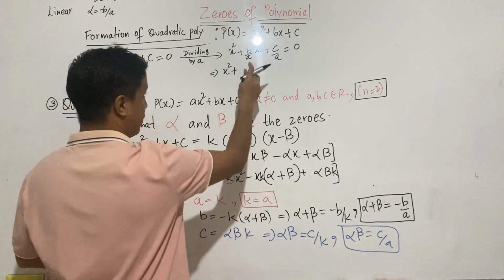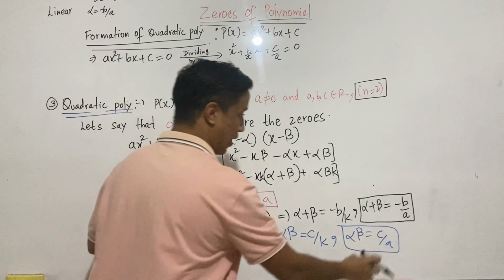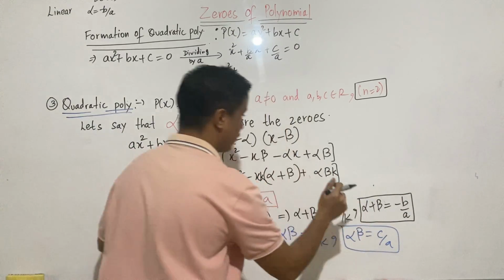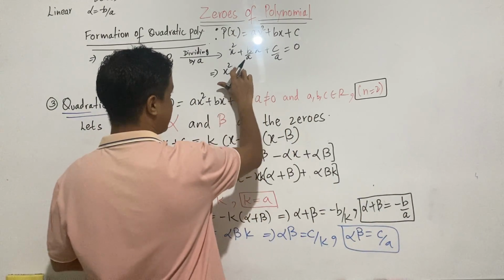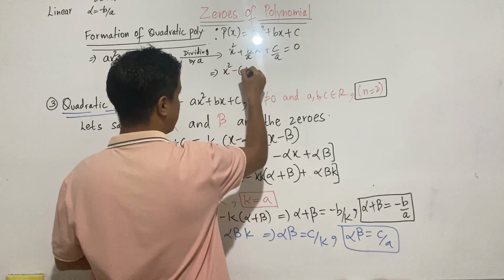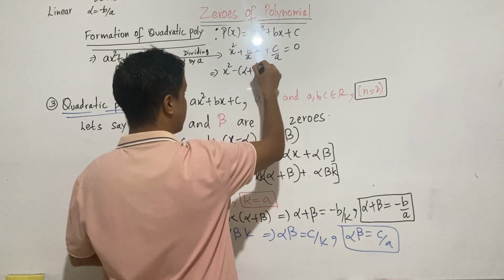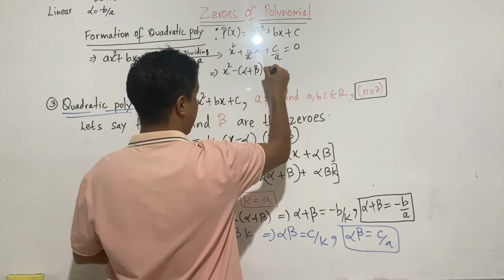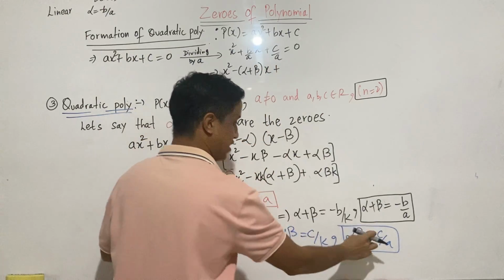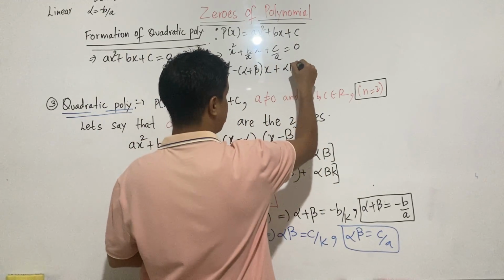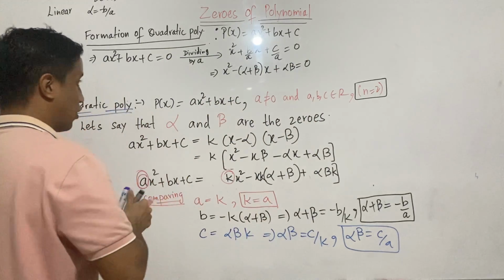So can I write here x square plus b by a? What is b by a? Minus of alpha plus beta, right? Can I write here minus alpha plus beta x, and c by a, can I write alpha beta? Okay, so now see here,